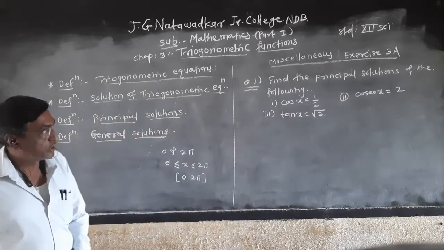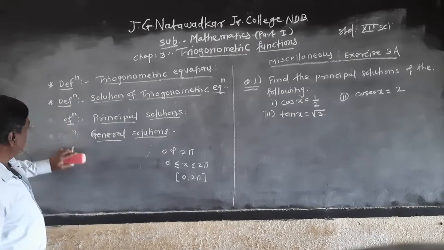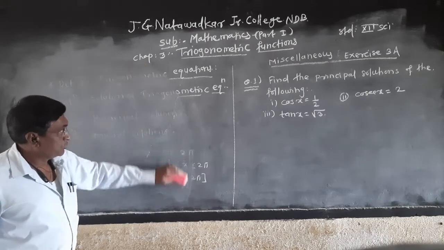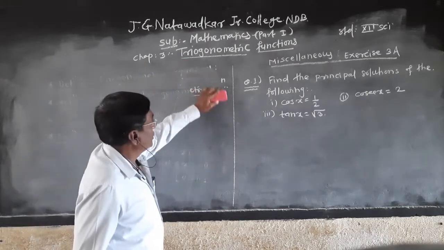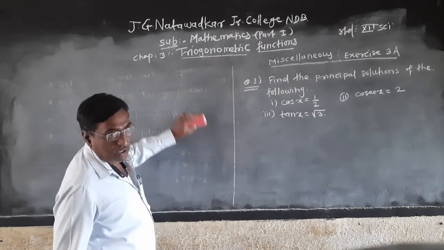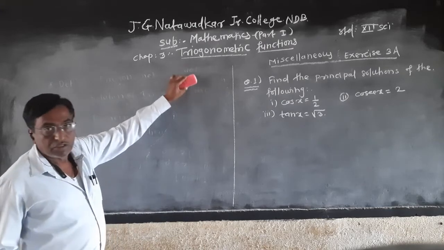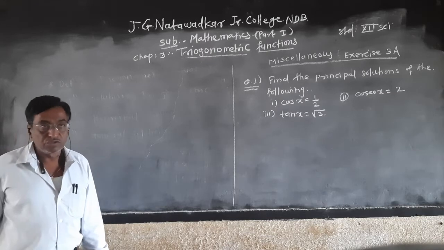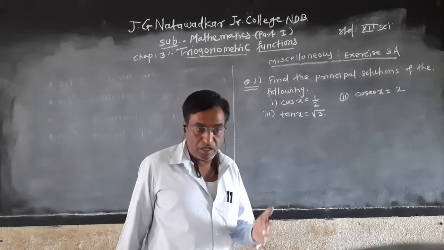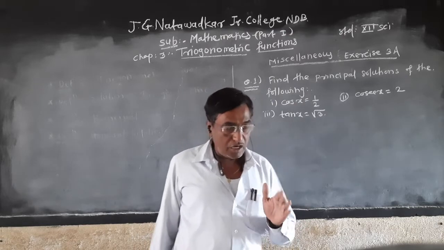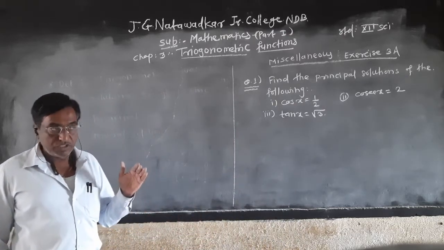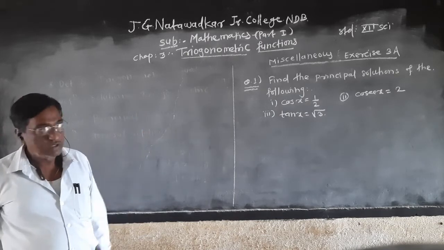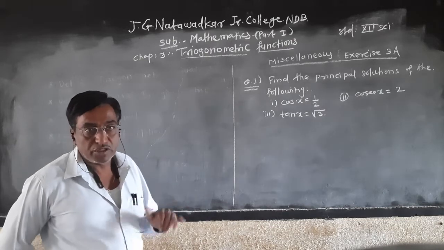So friends, it requires some allied angle formulas, which you already learned in 11th standard. In this formula, you know that every ratio is positive in 2 quadrants and negative in the other 2 quadrants. There are 4 quadrants due to the x-axis and y-axis, and there are six trigonometric ratios. In which quadrant they are positive and in which they are negative, you already know that.